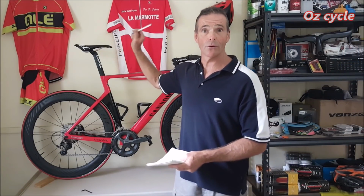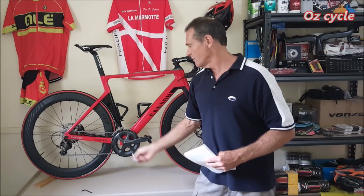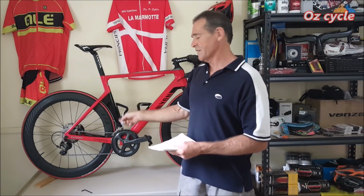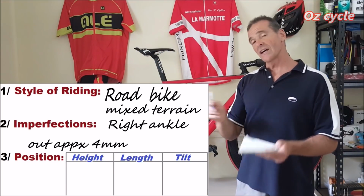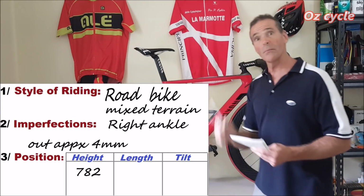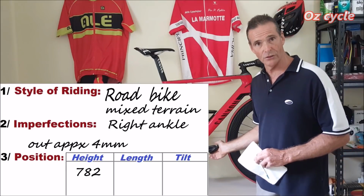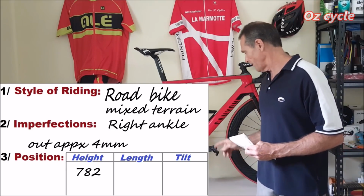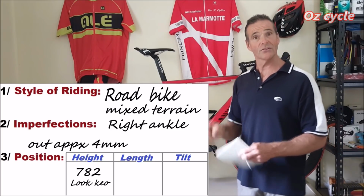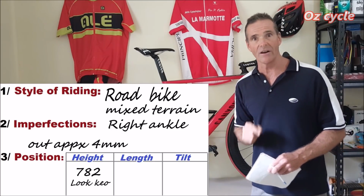Now the third thing to write down is those measurements we took of your position of your seat on your bike. So the first thing was the height. From the centre of your bottom bracket axle to that mark on the seat up the top there, write down your height, whatever that is. In my case, I was 782 millimetre, so write 782. You also might want to write down what sort of pedals that you're using at the time. So I'd write Lucchio Carbon, so whatever pedals you're using, because sometimes this is slightly different stack height for different